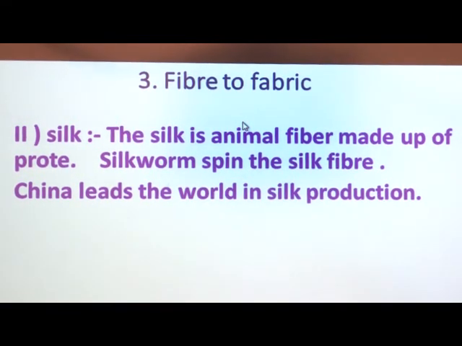In wool, when we obtain wool, we rear sheep, goat or camel, as we saw, and rabbit also is there. And here, when we are going to obtain silk, which animal is it that we rear or obtain it from? The silkworm. The silkworm is the animal from which we can get the silk fiber.